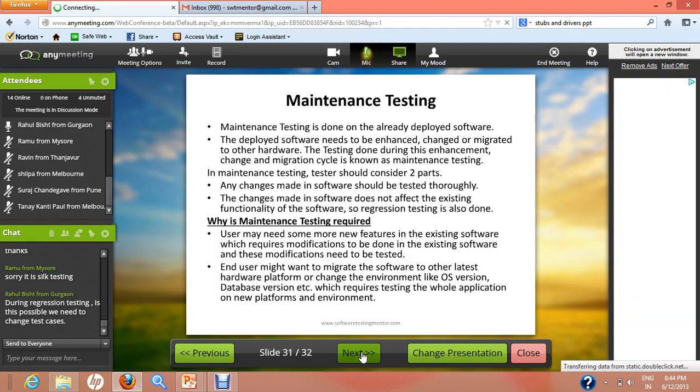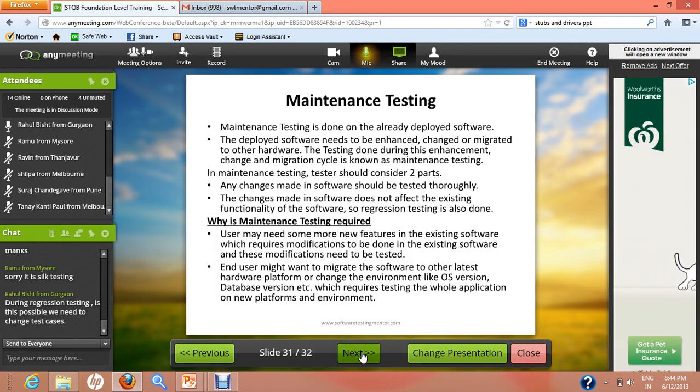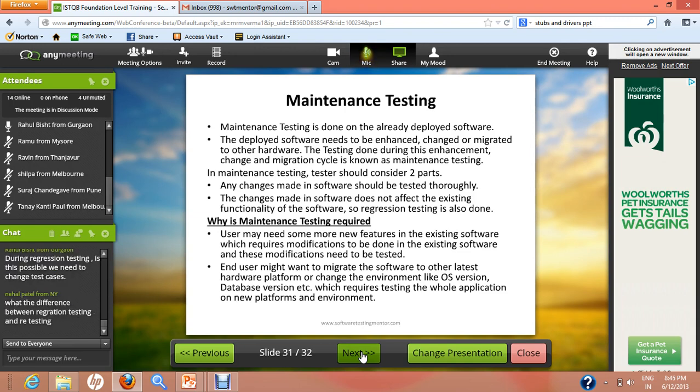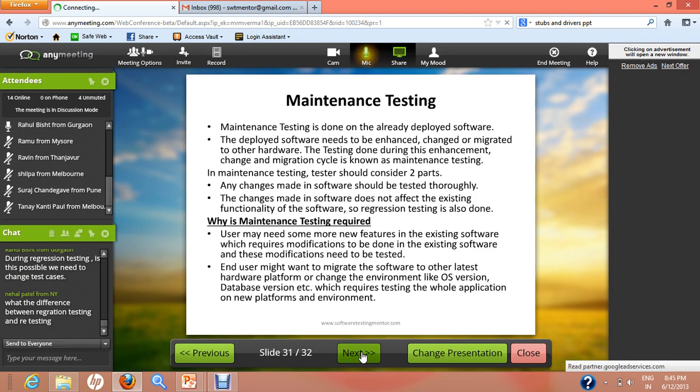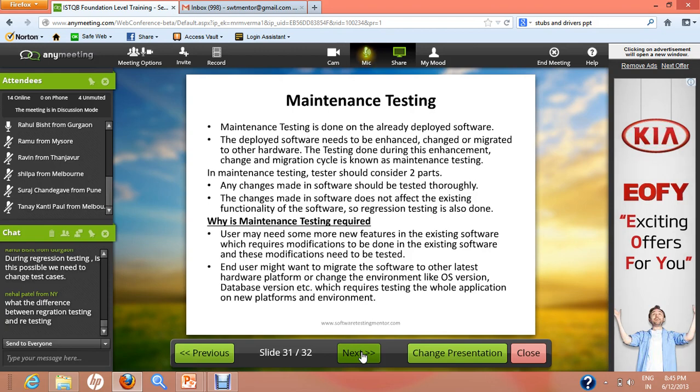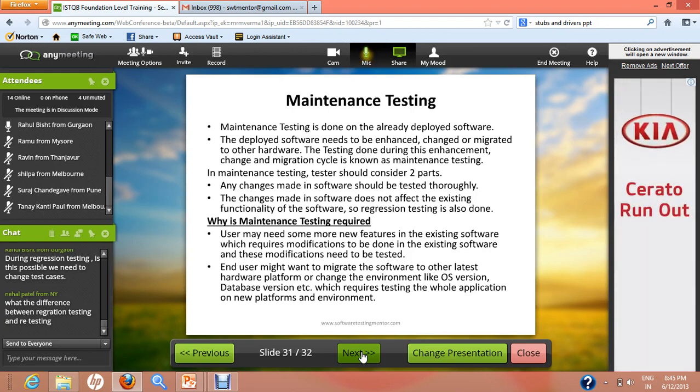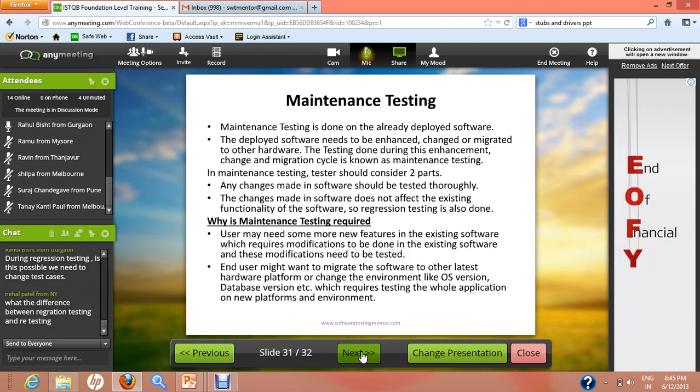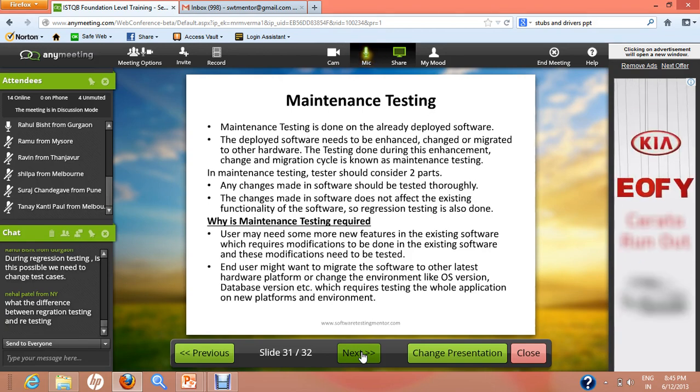Now the last thing is maintenance testing. Maintenance testing is the last, you can say it comes after all of the testing has been done and your software is already deployed, or your portal is already online. This is done to make sure that once you deploy the software, once you start using the software, it's never an end. You can say it's just a beginning of any software,